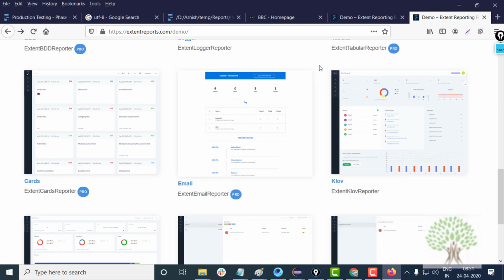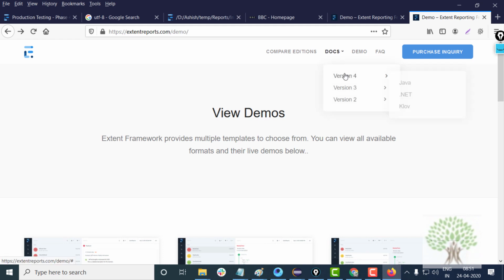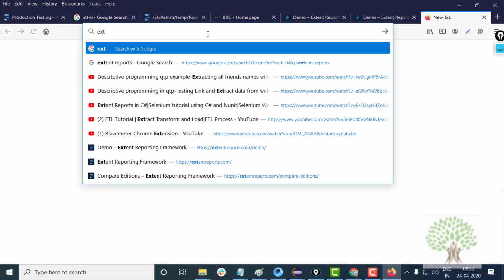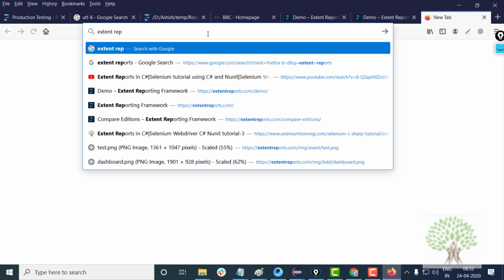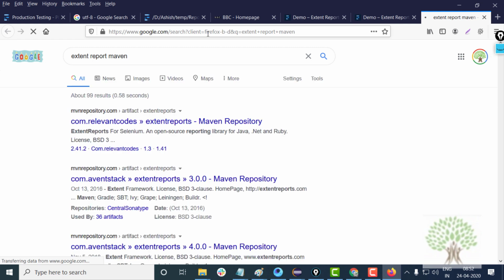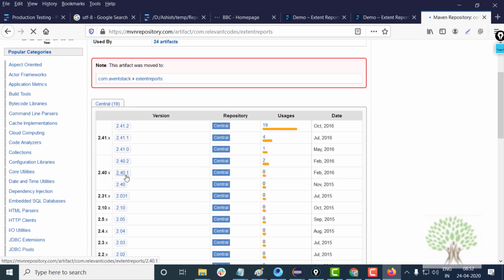Look, you have the versioning like this. You have version 4 of the reports, version 3. Between version 4 and version 3 there isn't much of a difference. But you can get the Maven dependencies for Extent Reports for the latest version. You can write extent report Maven and you will get the Maven repository for the same.